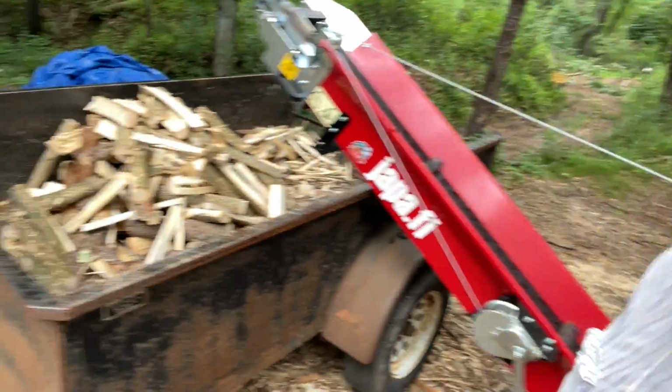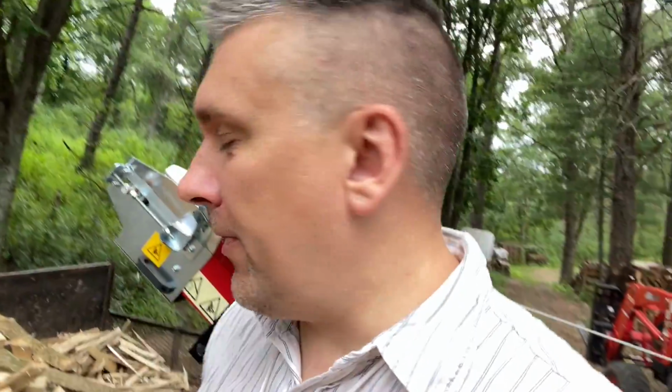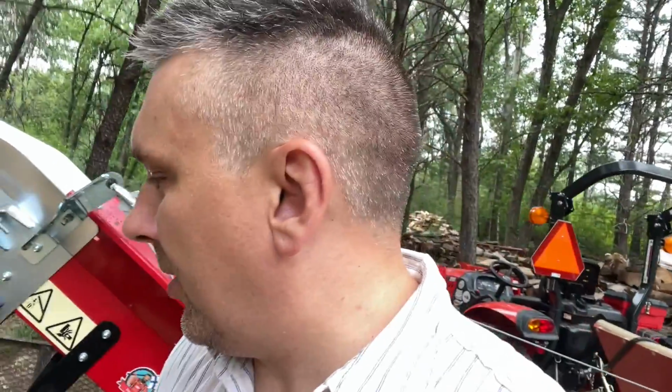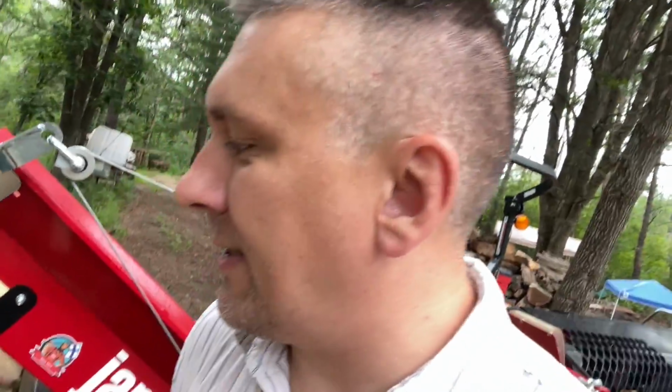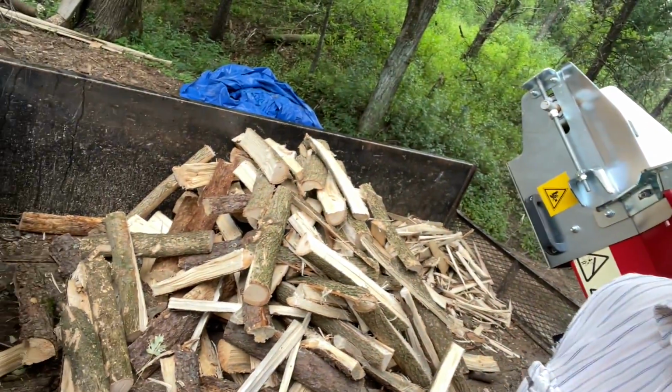And there is the pile right there. That last log that I carried over here, the last one I ran through, I think that was box elder. So I got a little box elder and a little pine, but nice size splits. Looks great. 2 logs run through just like that. So yeah, just a little, I guess,